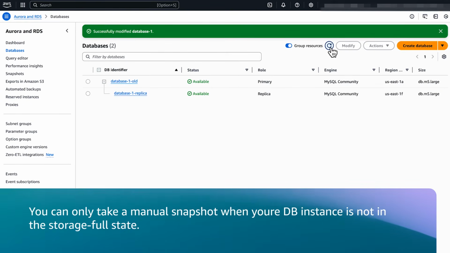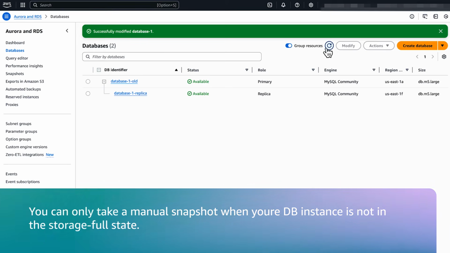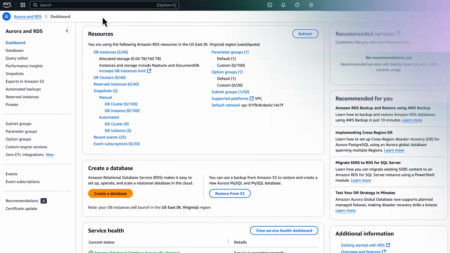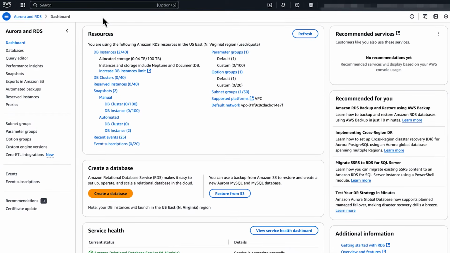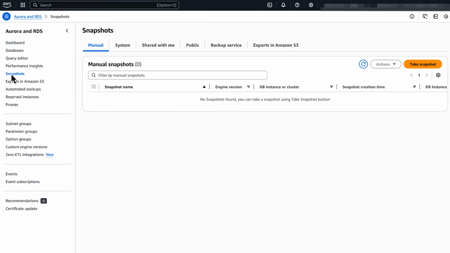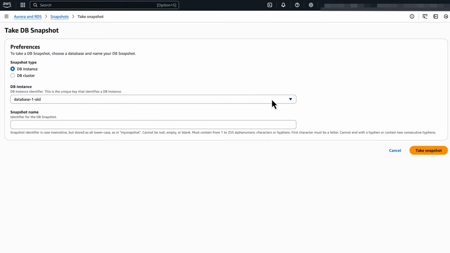Note that you can only take a manual snapshot when your DB instance is not in the storage full state. To take a manual snapshot, in the navigation pane of the Amazon RDS console, choose Snapshots, choose Take snapshot, and then select your DB instance.